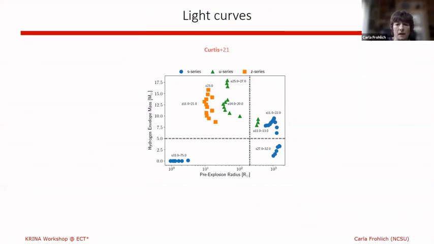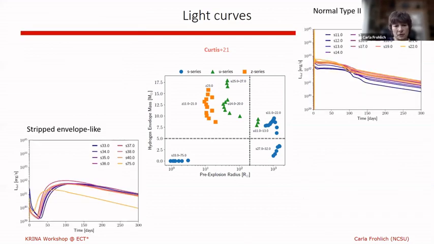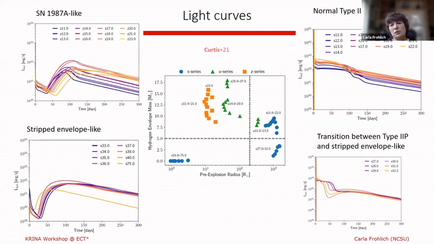And so the light curves for these 4 groups are given again in the corresponding corners of this slide. So we have on the top right, what we consider normal type 2 supernovae. Plateau, so you see an extended plateau phase about 100 days, and then you see the radioactive tail for these models. In the top left, you can see the 87A-like models that don't have that plateau phase, and they actually rise to their peak luminosity sort of on the time scale between 50 and 100 days, and they're opaque and not very bright early on.